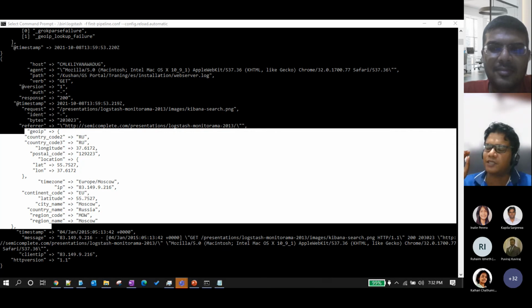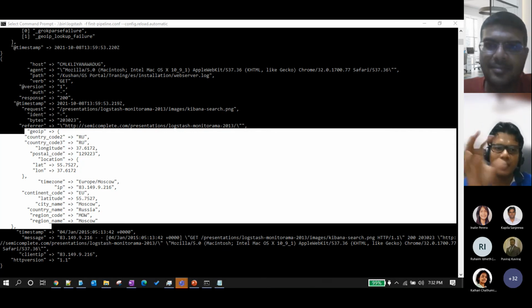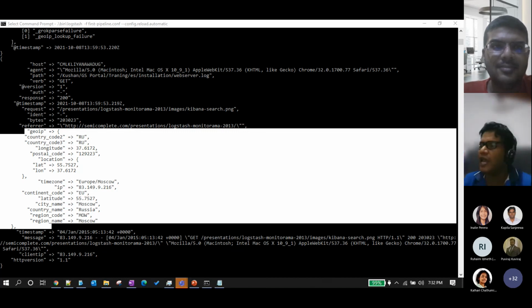You can even write your own custom log pattern. So they can learn about these things, and then gradually come into Elasticsearch and do the visualizing. Even to do the visualizing, we have to do this part very correctly. Only then can we do the correct visualizing from Kibana.